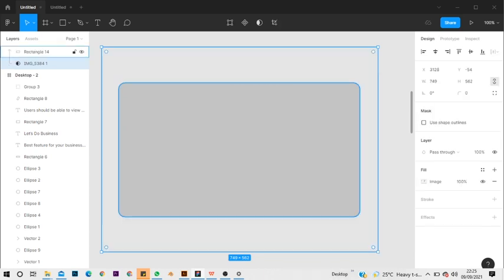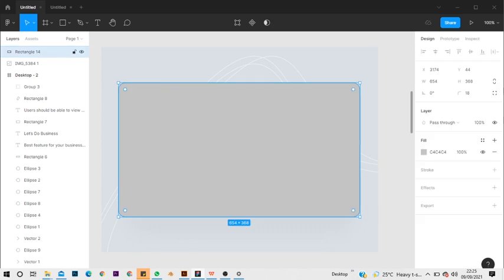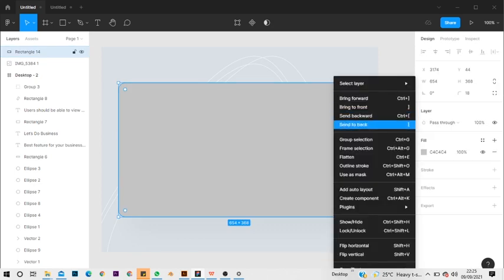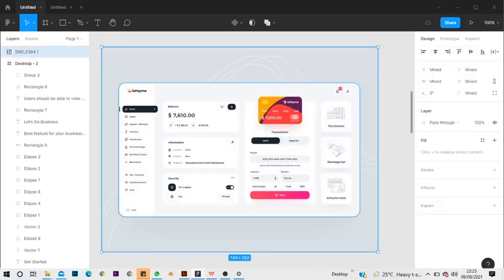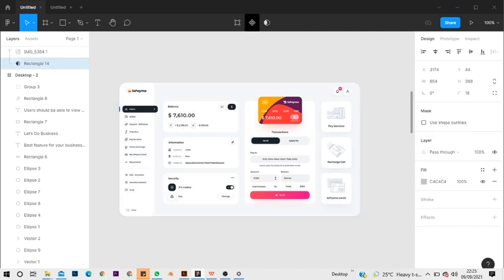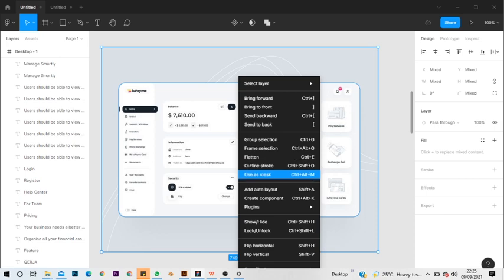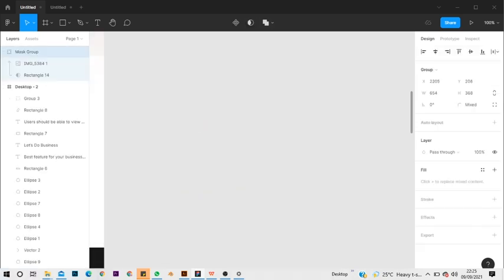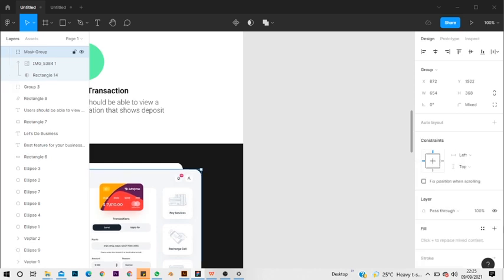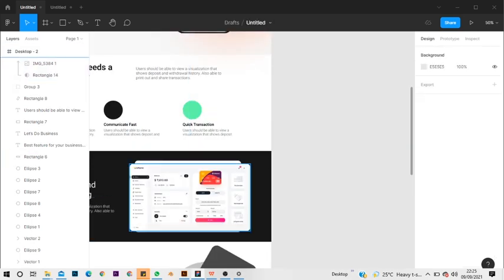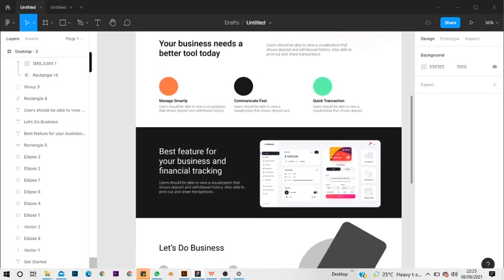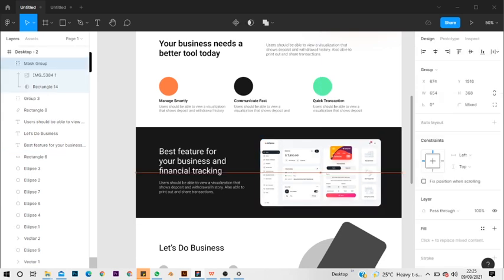So make as mask. To make this as mask, you're going to send this to back. Draw a shape behind, send to back, select the two of them. You can click here, use as mask, or you can as well left click and use as mask. So there we go. Replace that with this, and